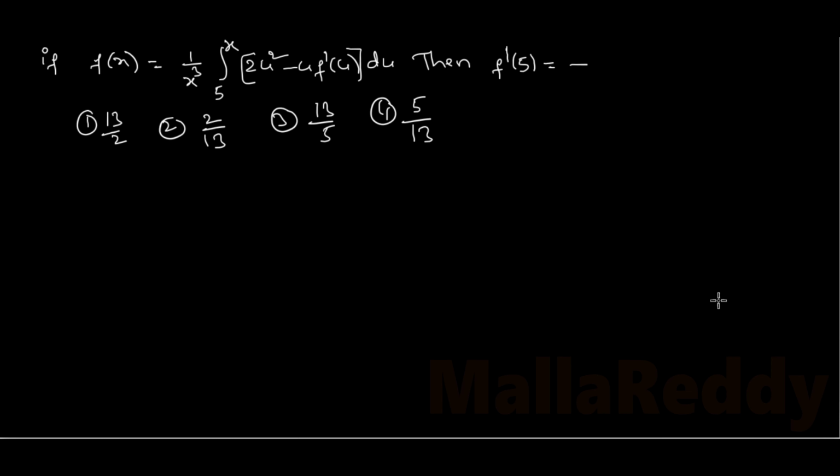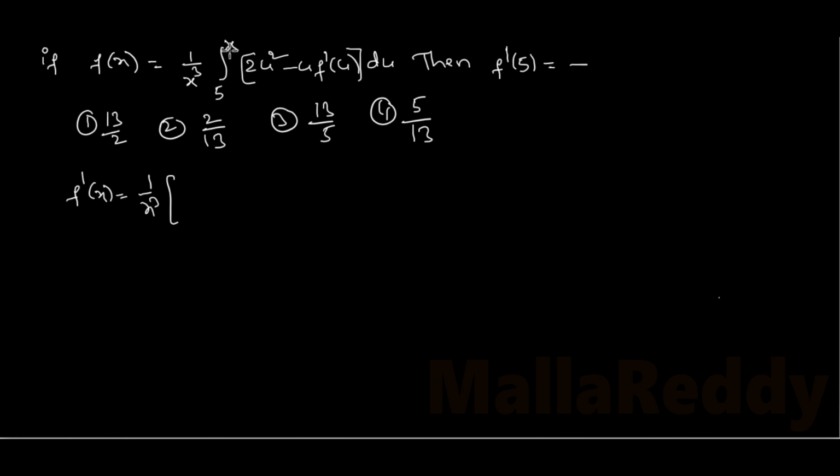If f of x is equal to 1 by x cube into the integral from 5 to x of 2u square minus u into f dash u into du, then f dash 5 is equal to dash. Here f of x is given. Applying Leibniz rule, the derivative of f of x, f dash x, is equal to 1 by x cube